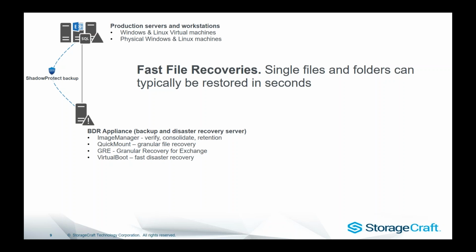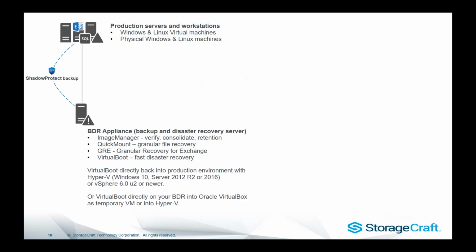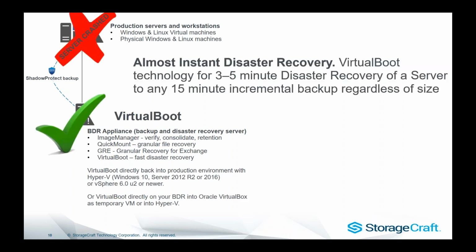So in an ideal world, we have a physical box that's running Image Manager with direct attached storage, and that will basically manage all of those backups. Now, if we had a small environment, what we could do is leverage what's called VirtualBoot. So VirtualBoot is going to boot directly off the backup image onto that physical server. So it would leverage either HyperV or Oracle VirtualBox to virtualize those backups, and they'll just start booting straight away